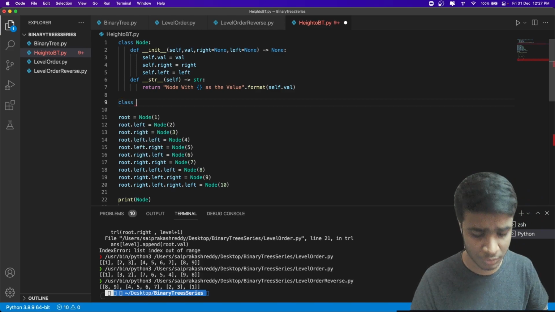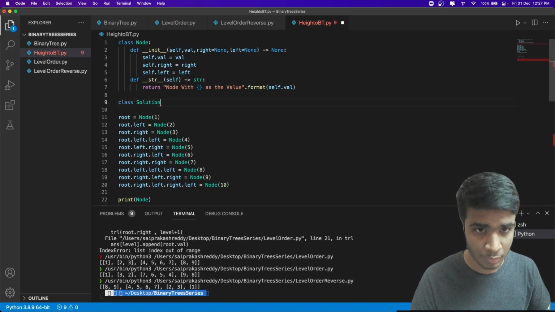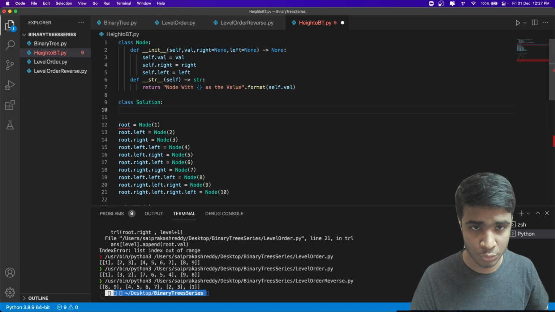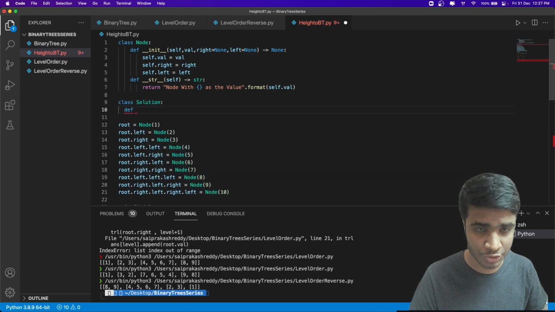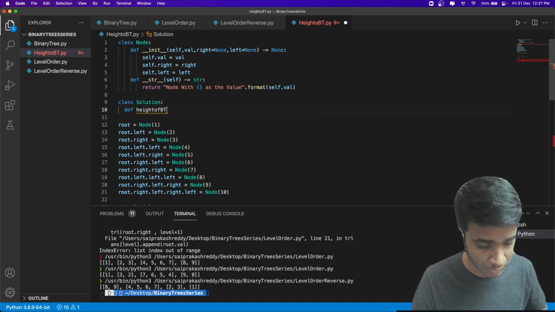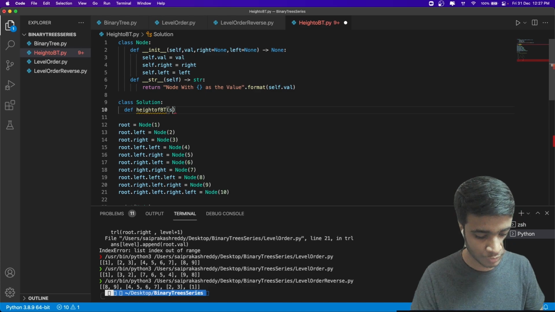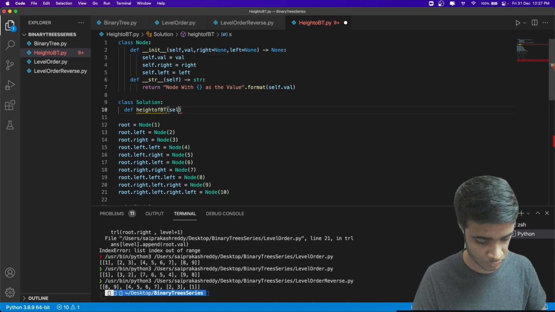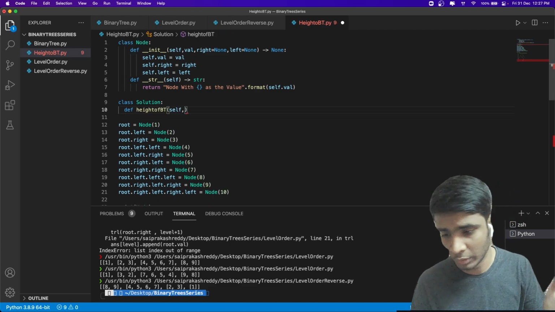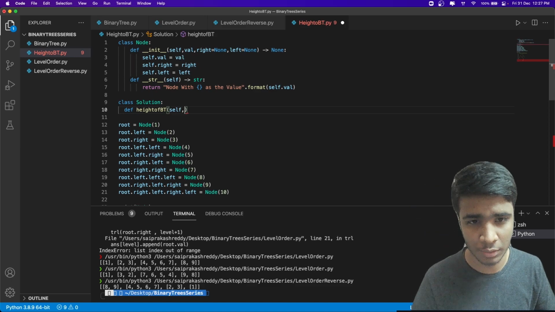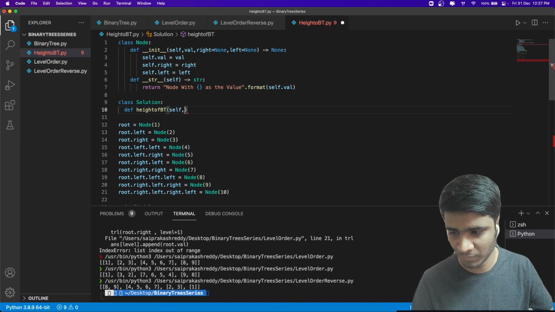So let's write the solution here. Let me create a new class, Solution. I'll call a function called height of BT, and this is going to take... By the way, if you're wondering what self is, that's just how you write object-oriented code in Python, right?